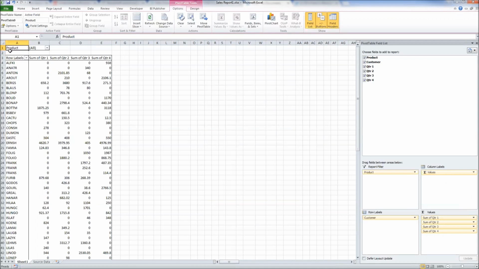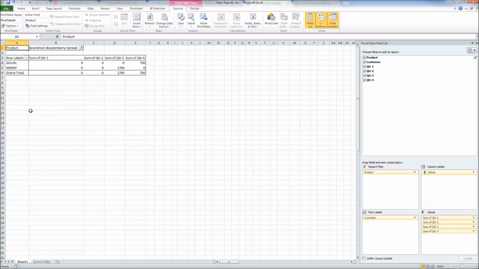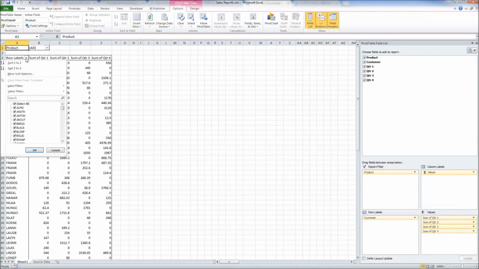And then from within this, so right now we're showing all the product. And maybe I only want grandma's boysenberry spread. Okay. Which it pulls back. Looks like we did a little bit of sales from MERIP in the third quarter and from GeoURL in the fourth quarter. Let's say I decide I want to see all the product, but I only want to see